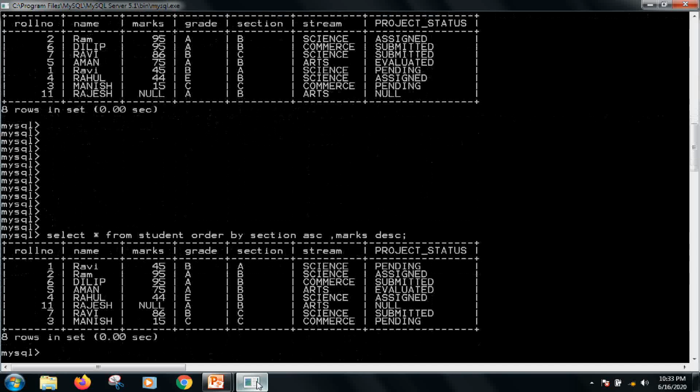So you have seen that this is the ordering of the records on multiple columns. First the records are in ascending order of section, and if the section is the same, then marks is used as the criterion for sorting, and the order for marks is descending, so you will get the records arranged in descending order of marks within the same section.